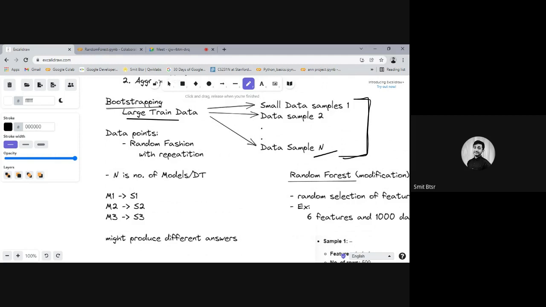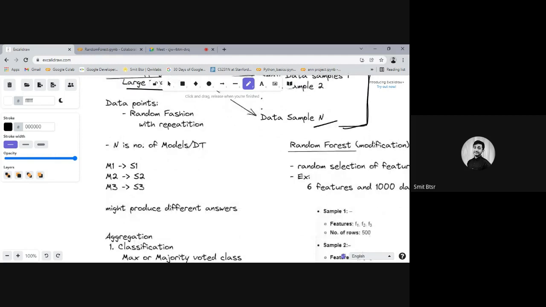Let's consider three models. I want three votes before deciding the final output. If I want three votes, I will create three models, which means I want to use three models instead of one. So I would create three data samples.